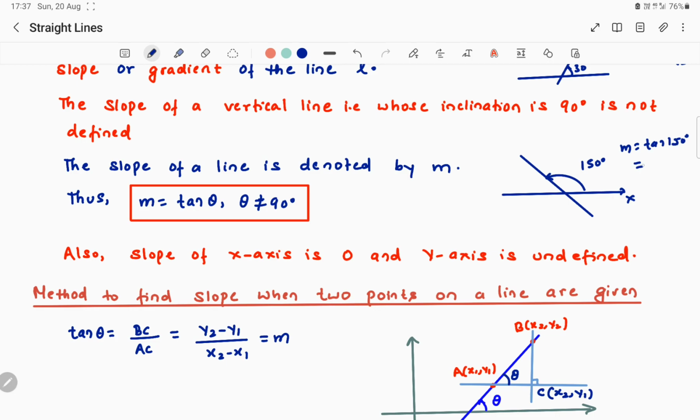Tan 150, so I hope you can answer. We can write it as tan 180 minus 30. Tan in the second quadrant is negative, so we'll get minus tan 30, which is how much? Minus 1 by root 3. Okay,